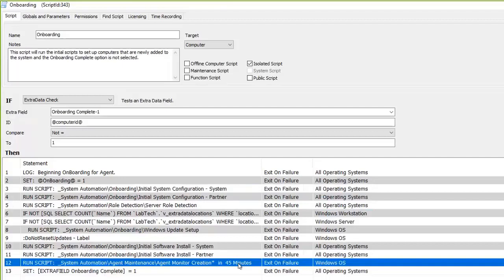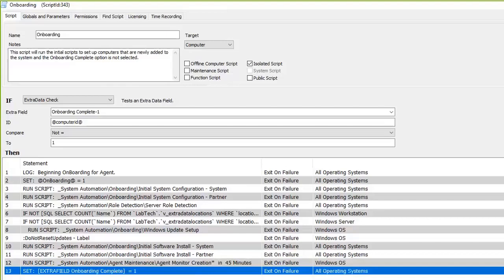In other words, we want this to catch the next possible group refresh to get itself out of that group before the onboarding script gets queued up to run against it again. So we're going to delay the installation of those monitors for about 45 minutes so that we can move on to the very next script step,